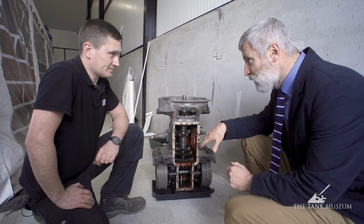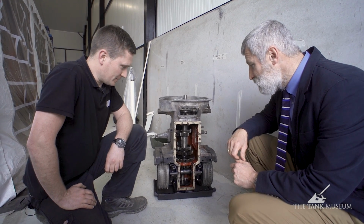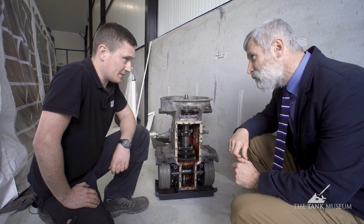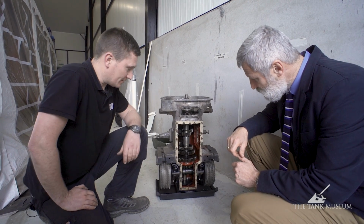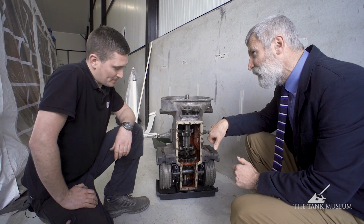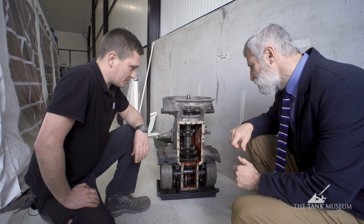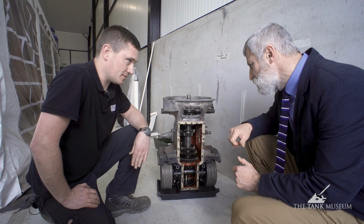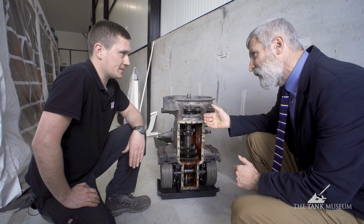So this is a gearbox. Any major issues with this? No, the gearbox was a pretty successful mission. We fully stripped it down, we've inspected every single bearing. Obviously we've painted inside. Why do you do that? Is that just to protect it, or? Yeah, because this again is made from magnesium. Right. So the paint is like a protective layer between the contaminants in the oil and obviously the magnesium. And that'll just eat away otherwise at the actual body of the...